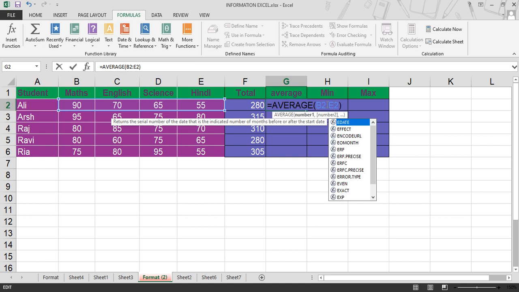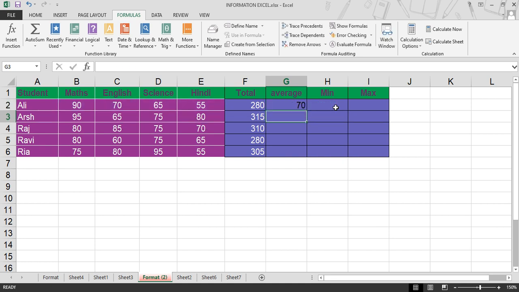So change the cell reference from B2 to E2. Press enter. So the average is 70. Similarly, you can drag and drop.